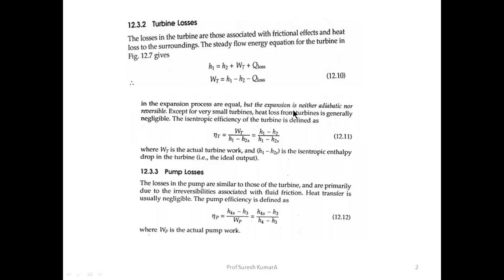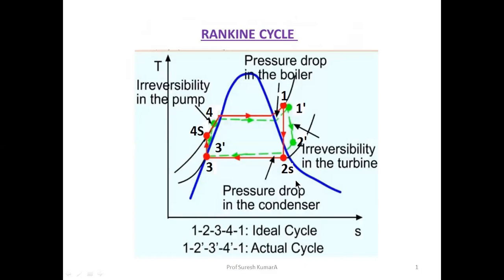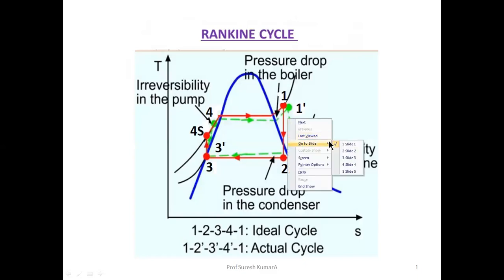So with this, I will show you a simple problem on how to solve it when efficiency is given. You need to note, we are going to solve the problem in the same fashion as we did for the simple Rankine cycle. The only thing is here, we are going to find out the value of H2 dash over here. We will just find the H2 dash value now,